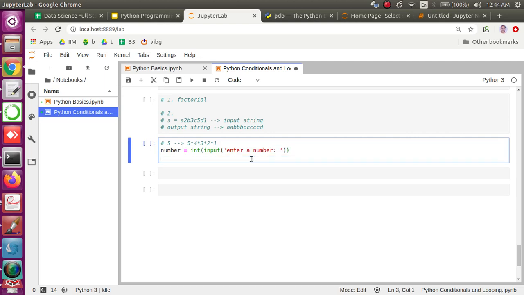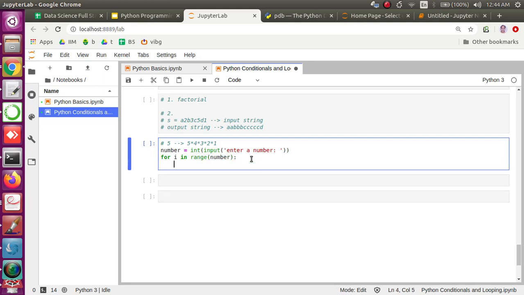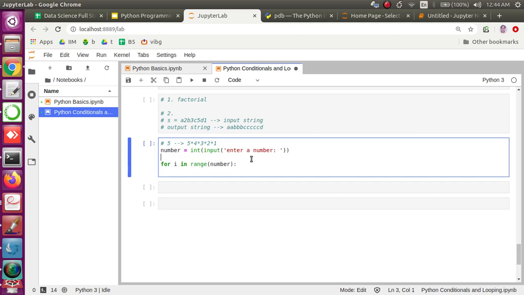So for i in range, this particular number, I want to go through the numbers here and multiply. How I do it is I'll take a multiplier with a value 1. I name it fact. The variable name is fact. So I want to get the fact multiplied by the values here, in this case num.